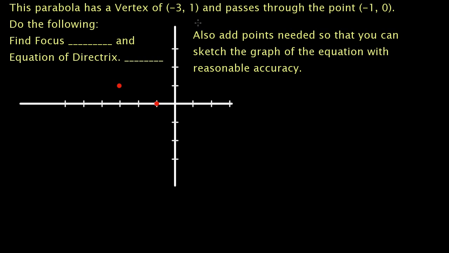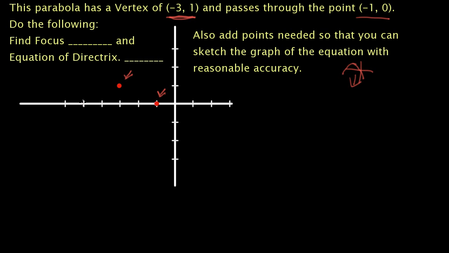You may notice that I've got some basic information that was given to me. I have the vertex. It's already been graphed for me. I have one point. It's already been graphed for me. I know that this is a parabola. I know from these two pieces of information that it's going to be something pointing down. Okay, so just by virtue of that, I can